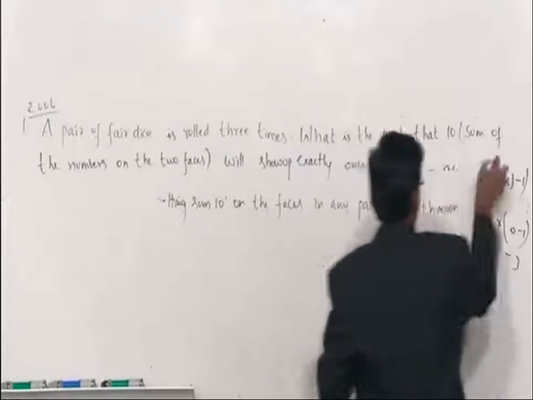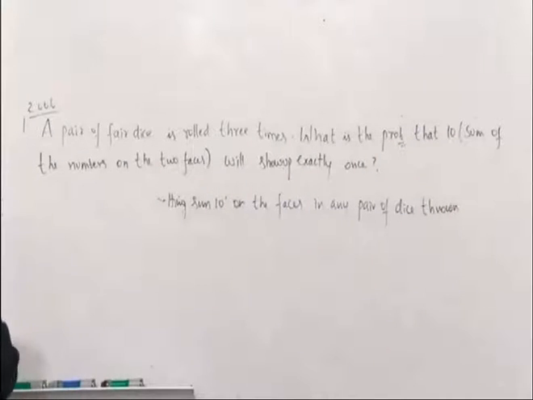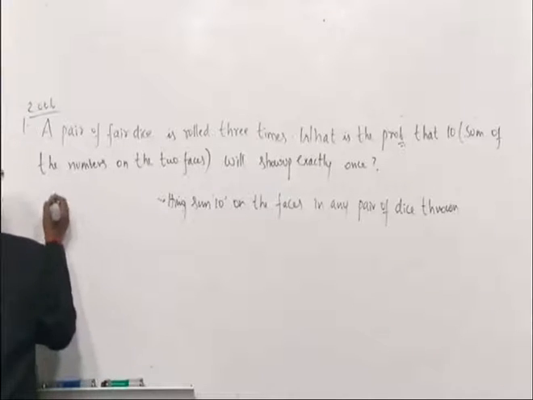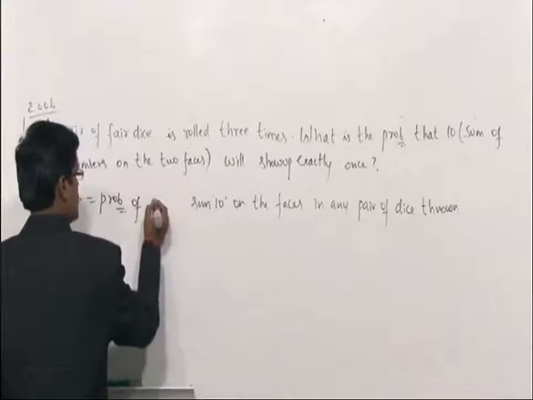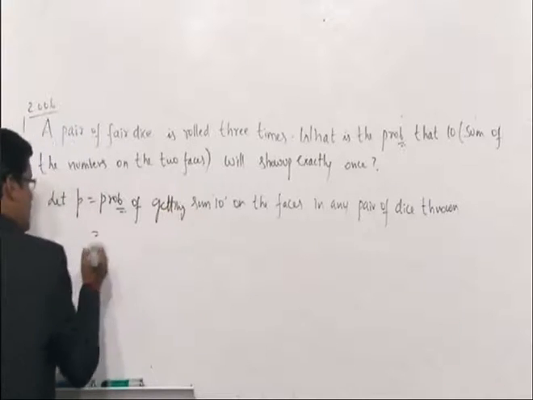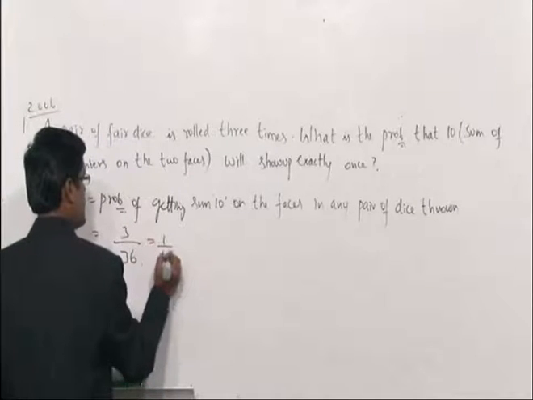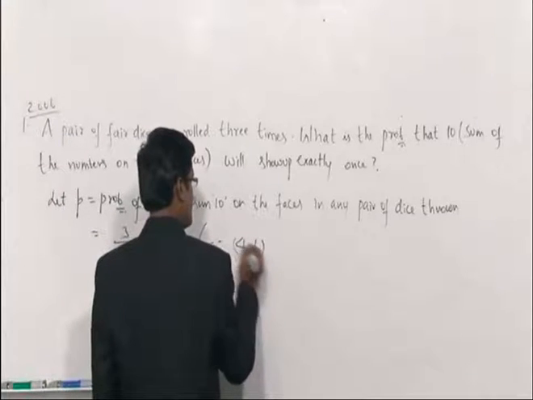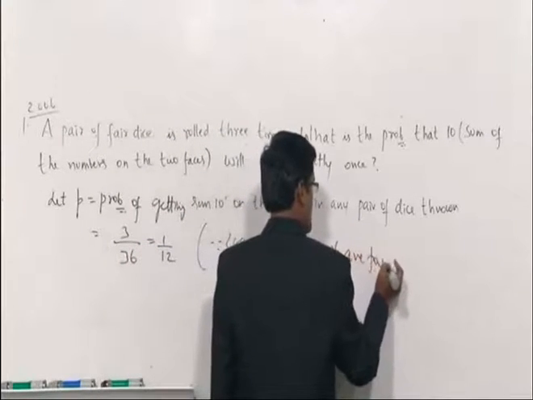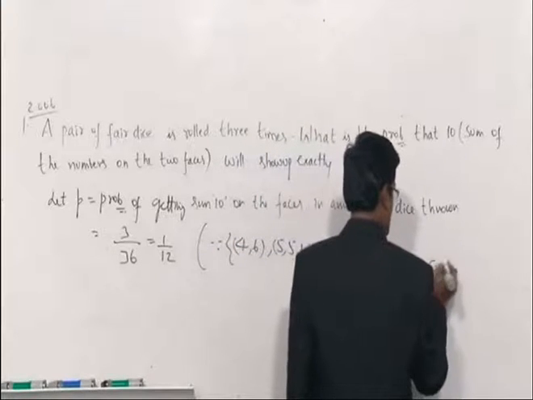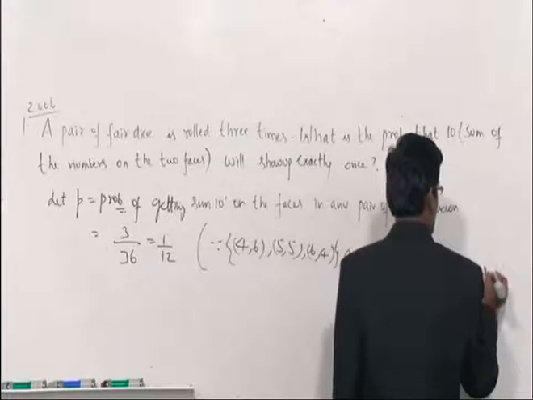So here what I defined, let P is equal to probability of getting sum 10 on throwing 2 dice, that is, a pair of dice thrown any time. Probability of getting sum 10 is (4,6), (5,5), (6,4), that is 3 by 36, that is 1 by 12, since (4,6), (5,5), (6,4) are favorable cases to sum 10,